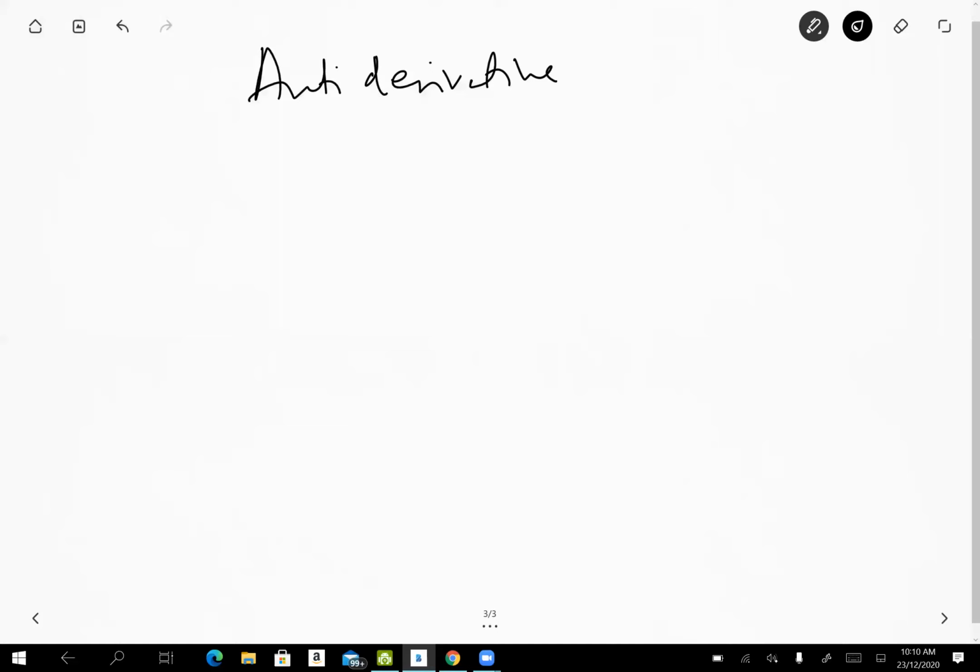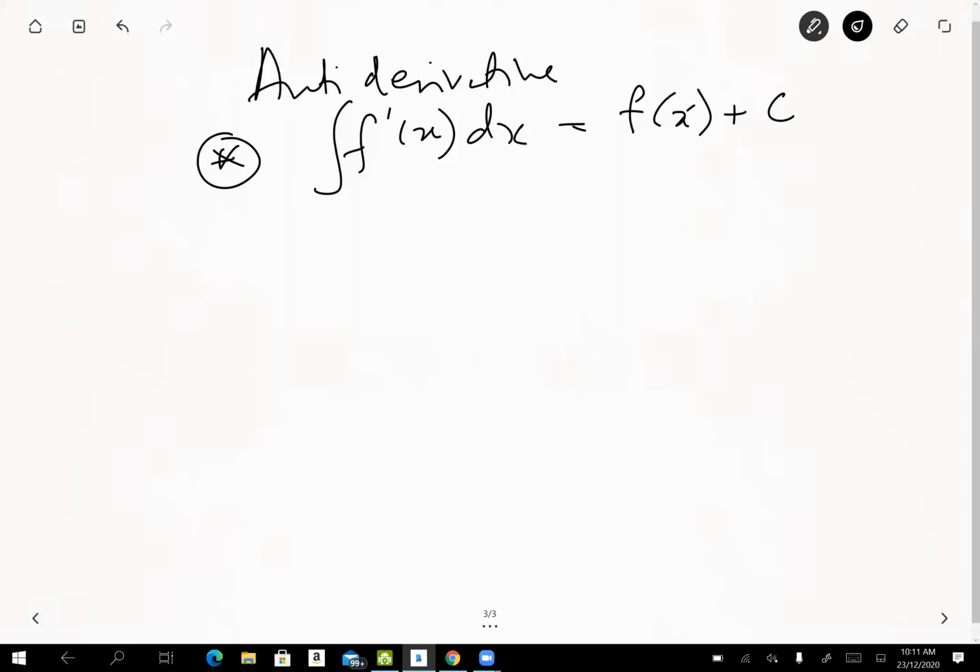So the concept is the concept of antiderivative. That means we know the derivative, then we integrate, we get the function, plus a constant. So that is the concept. Now in application, if you remember derivative, we will start from derivative. If I differentiate revenue,